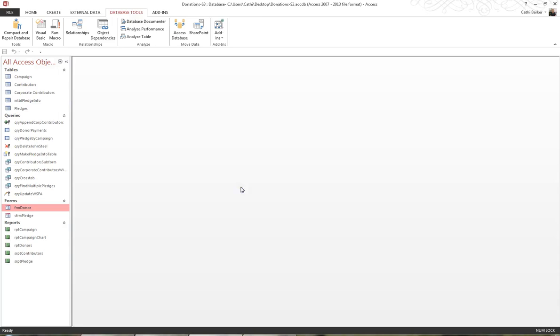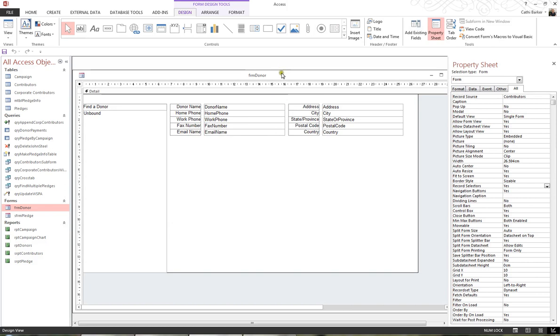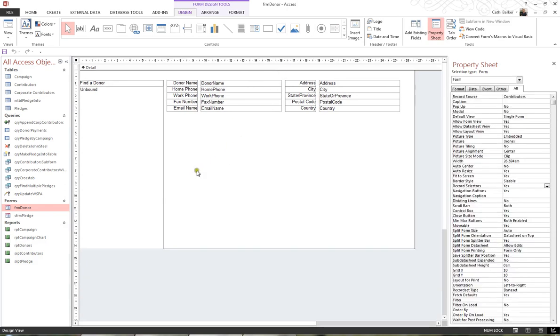To embed my subform into my main form, I'm going to open up my main form, FRM Donor, in Design View. So I'll right-click this form and choose Design View, and I'll maximize the form. To embed the subform